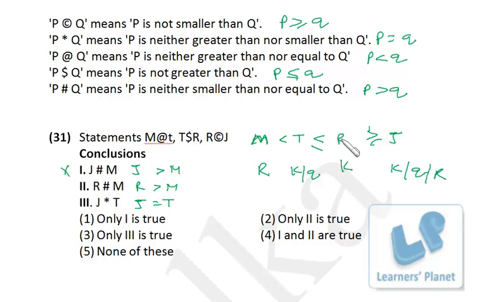R and M, definitely we can say R is greater than M because R is king and M is rook. So this is true. J is equal to T. J and T, we cannot establish a relationship. J may be king, may be queen, may be rook, and T is king or queen. So we cannot establish a relationship between J and T. So that's pretty simple, only true is true. So it's very easy to do the questions like this.